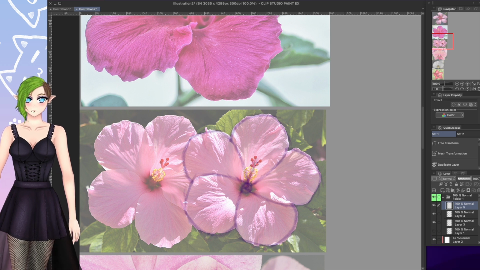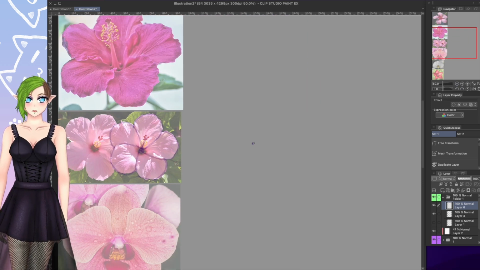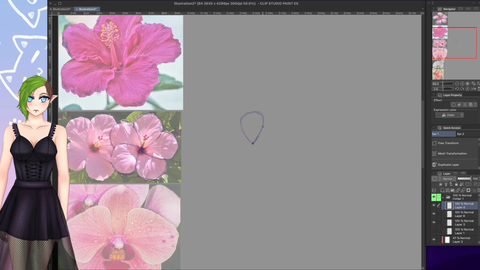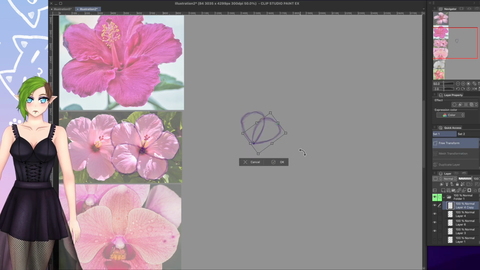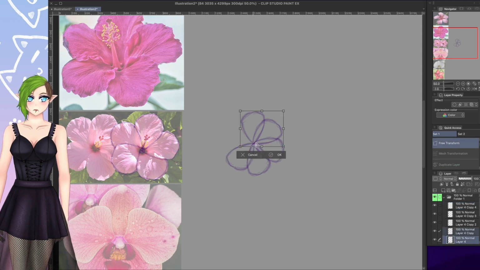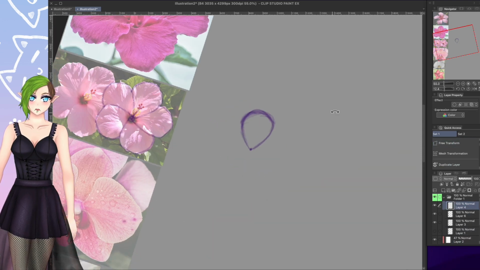Let's start with a simple drawing next to the picture. Start off by drawing a dot as an anchor point. Then on a new layer, draw one petal and duplicate it. Transform the petal and move the anchor point to the dot and rotate it till it only overlaps a little